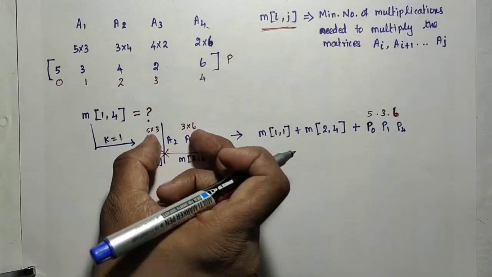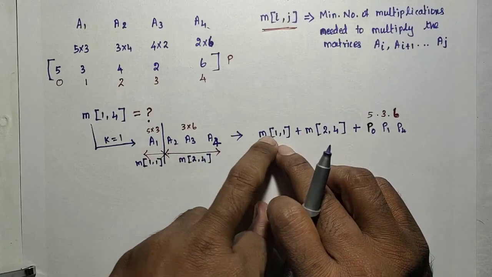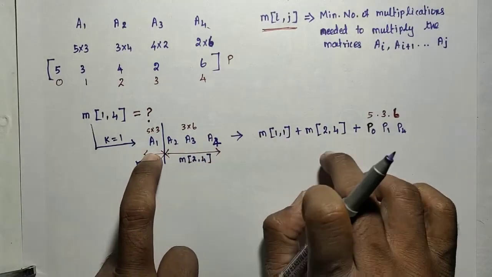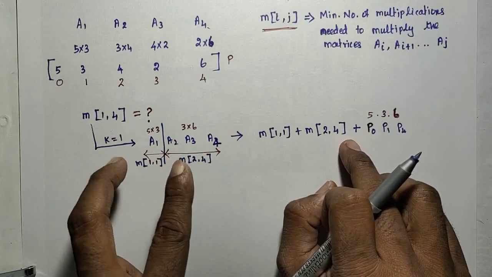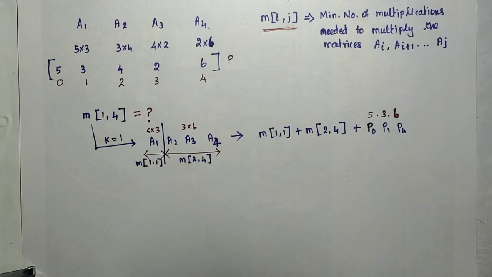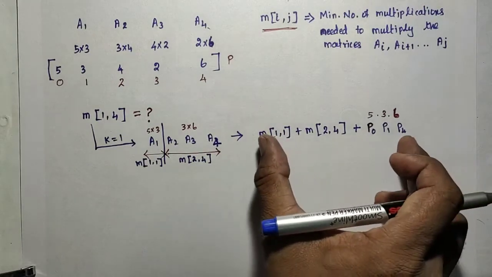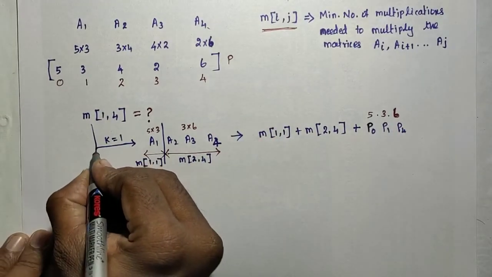This is nothing but to multiply these two resultant matrices. So the number of multiplications needed on the left side, plus the number of multiplications needed on the right side, plus the number of multiplications to multiply the two matrices, like that we have obtained. Okay. So next, I need to